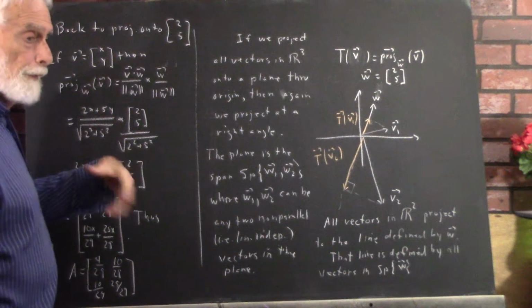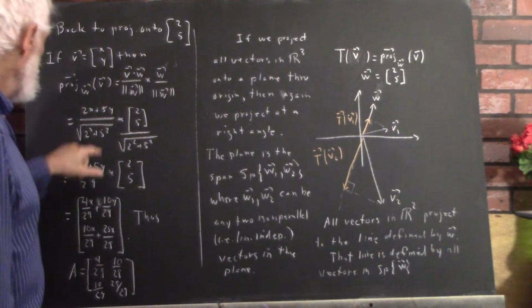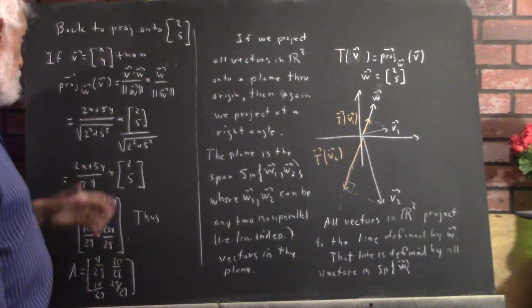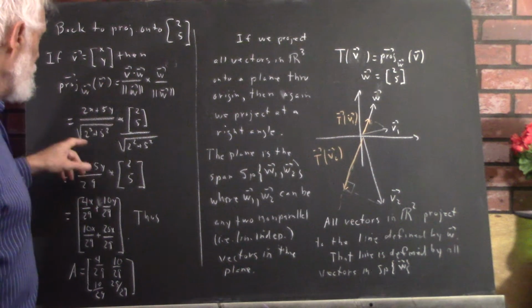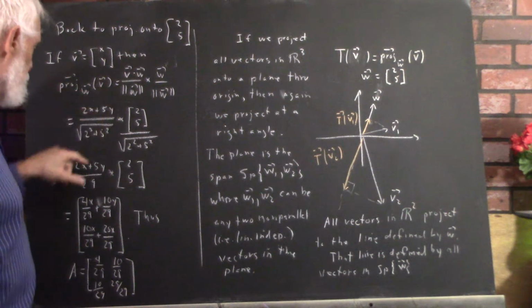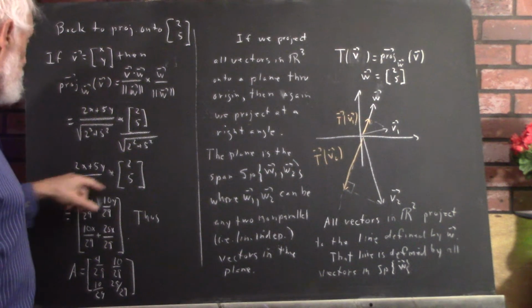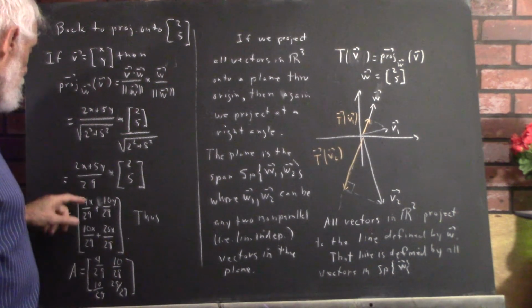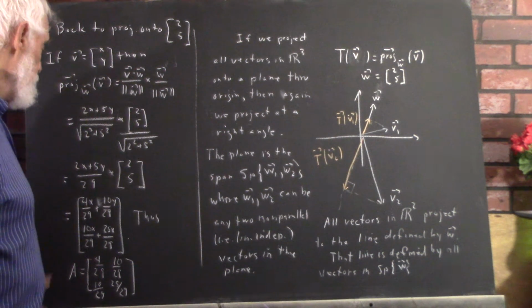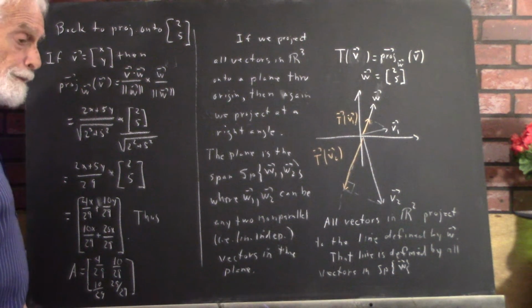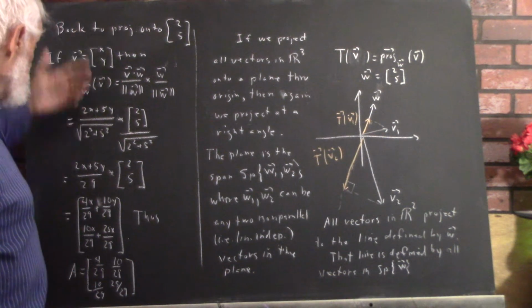Well, 2 squared and 5 squared is 29. We have a square root of 29, a square root of 29. You multiply them, you get 29. So I'm just going to put the 29 under the 2x plus 5y and multiply that by the vector 2, 5, and here we have it. Okay? Now, it follows then that the vector A that represents this transformation